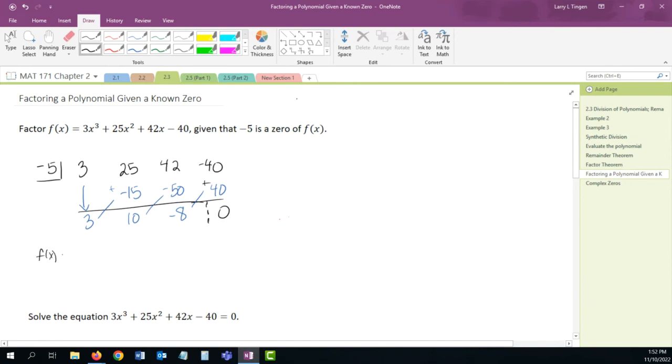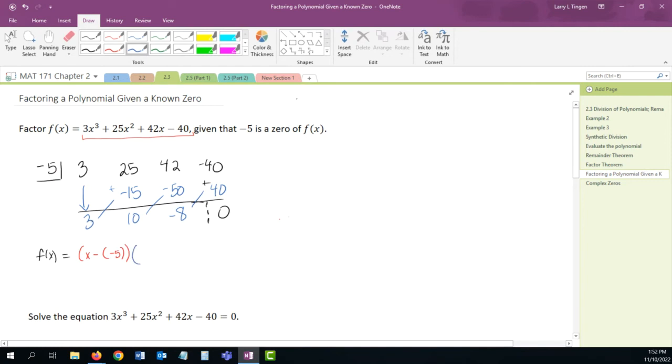Well, now f of x can be written as the divisor, and instead of writing all of f of x, that's why I just put f of x as that. That's the same thing as saying x minus c. I plugged negative 5 in and got out a 0. So negative 5 is c